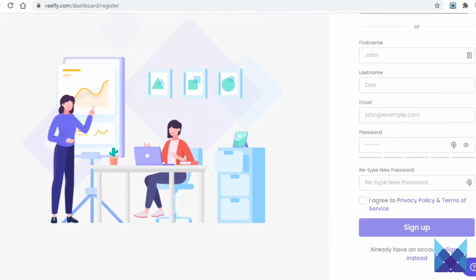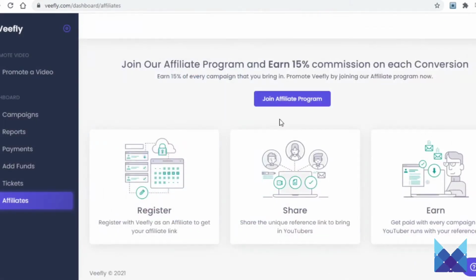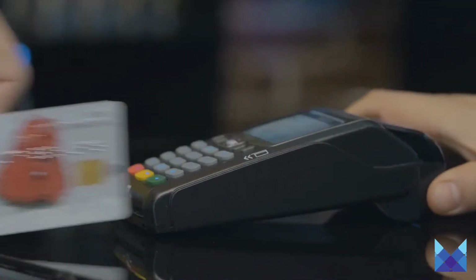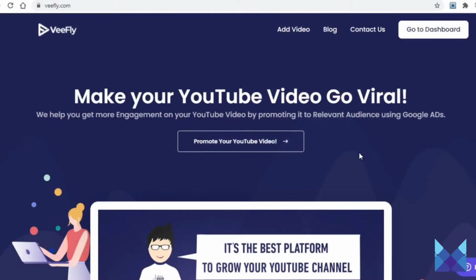Once you log into your brand new account, you will now be able to grab your affiliate link here. Every single time an individual clicks onto your link, they will be redirected to WeFly. If they make a purchase, you will get paid. As easy as that. The only thing now missing is the original traffic.